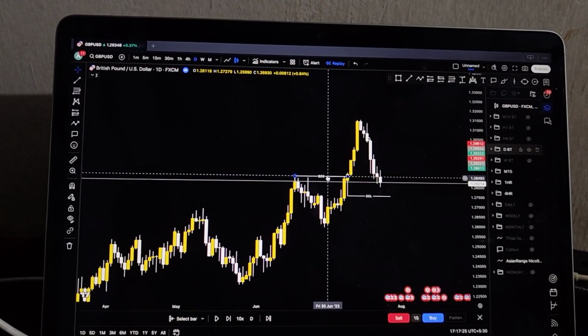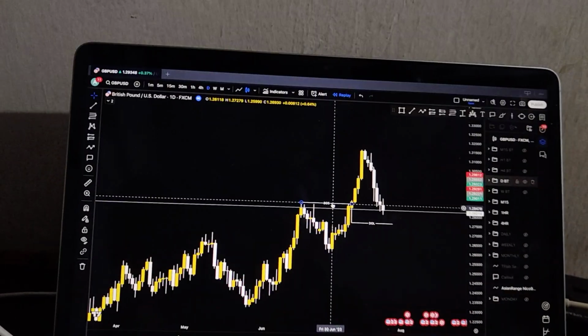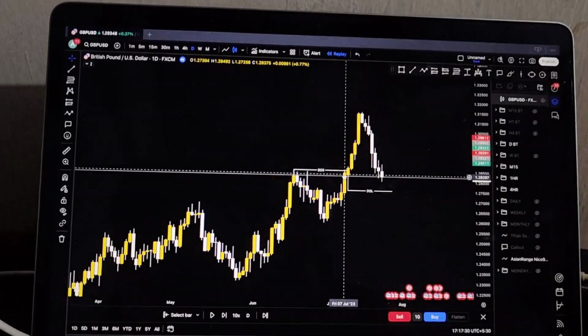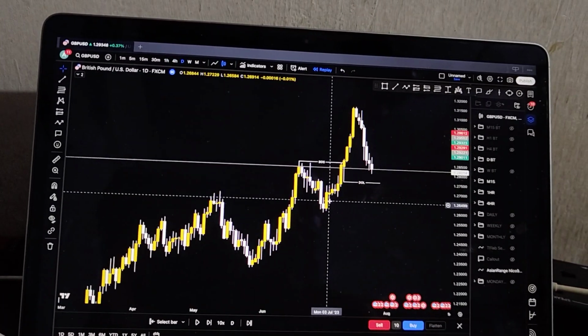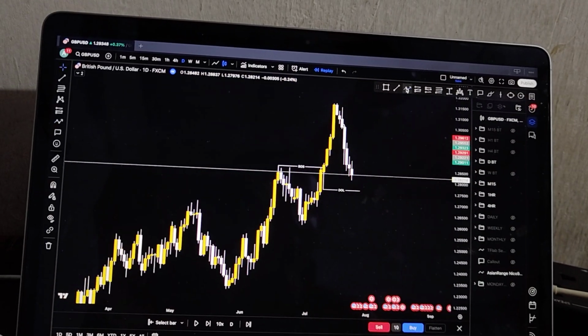This is the break of structure. This break of structure shows that the market is bullish, right? Making higher highs and higher lows. Last week